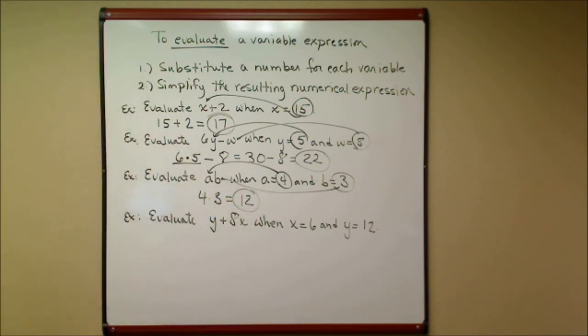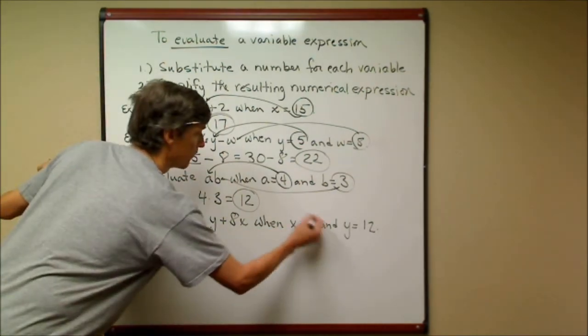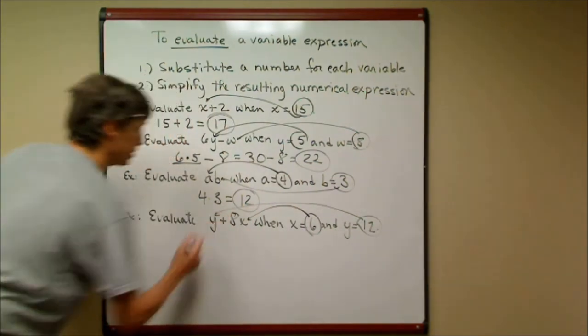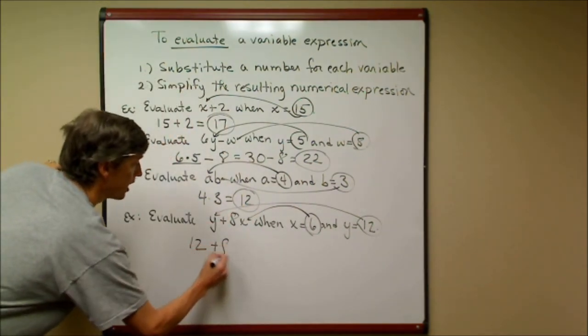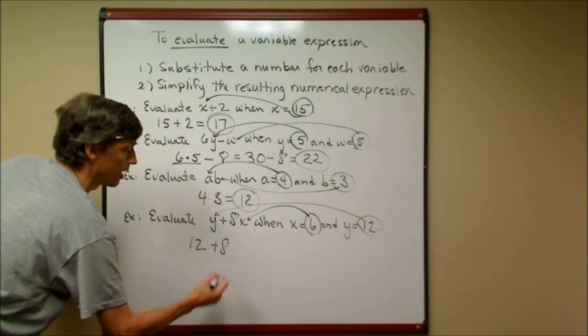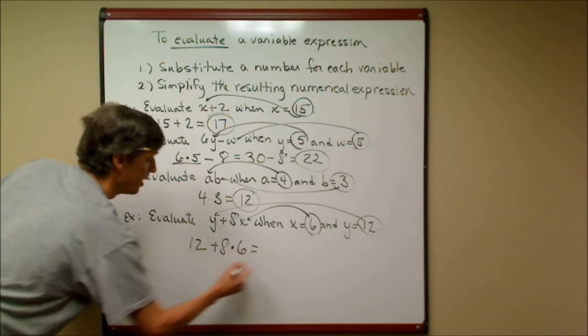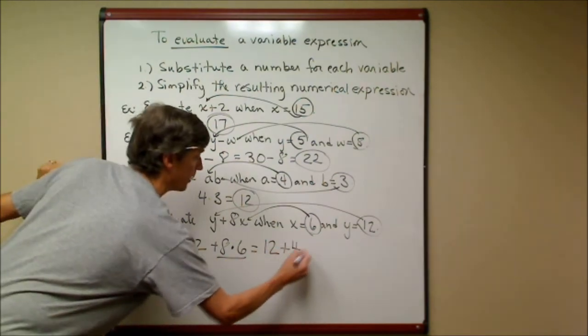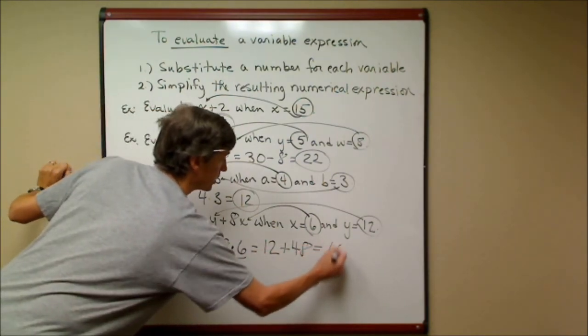And the last example, the reason I put this one in is because sometimes students get in a hurry and they see that the first variable given, in this case x is 6, they plug it in for the first variable in the expression, even though the first variable in the expression is y. So be careful, make sure you plug them in for the right variables. This is going to go in here, and this is going to go in here. So I'm going to get 12 plus 8. Now 8x means 8 times x, so this would be 8 times 6. We're going to multiply first. This is going to be 12 plus 8 times 6, of course, is 48. And then we'll add, and we get 60. And that's our